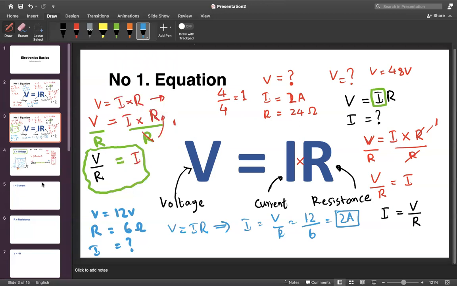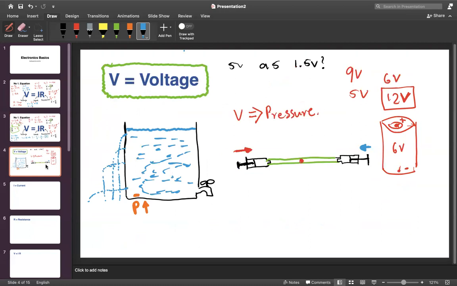Right. And now let's jump into the other slide. Voltage. So what is voltage? Do you know what kind of thing voltage is, Himal? As you know, can you explain what is voltage? To measure the current. Right, okay. So it's used to measure. That is also correct, not wrong, right? But voltage is actually like a pressure. Voltage is actually like a pressure.